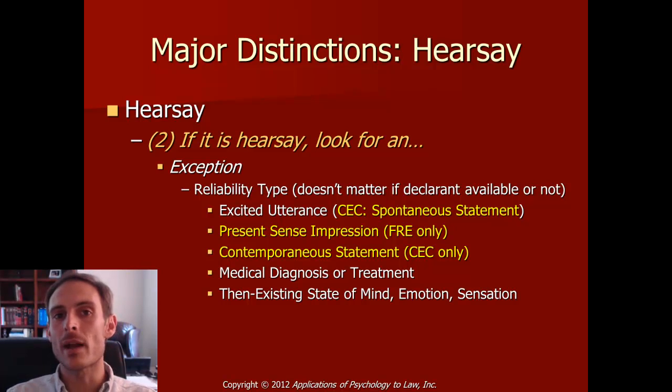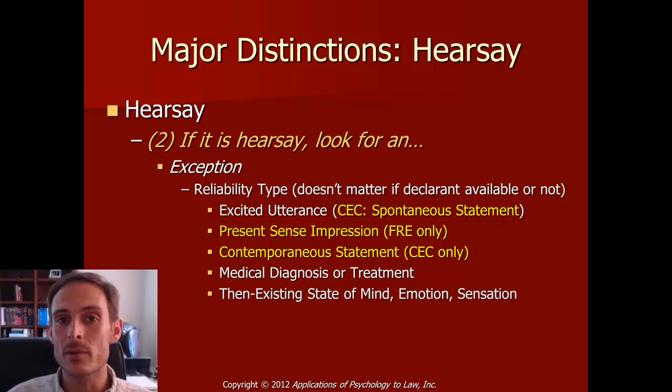So if you remember back to prior statements, the common thread that each of those three shared was that the declarant had to be available at trial subject to cross-examination. So if you had a declarant who was unavailable, you wouldn't talk or even consider discussing any of those three exceptions. For party admissions, remember, the statement had to be offered against the party who made it. So if it was being offered by the party that the statement concerns, you can dismiss and not discuss any of those five party admission exceptions there.